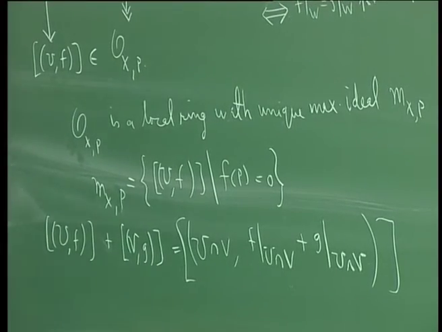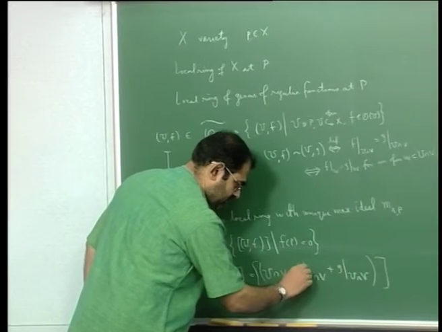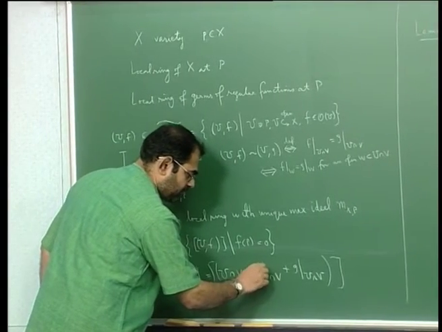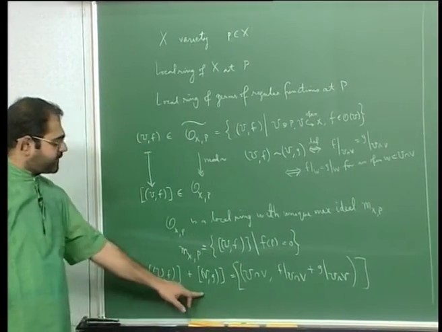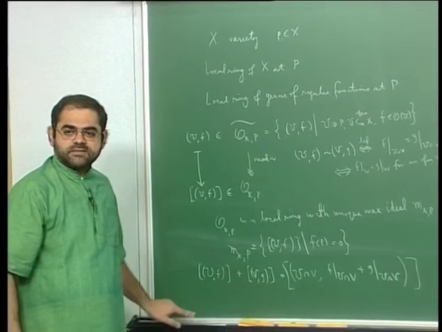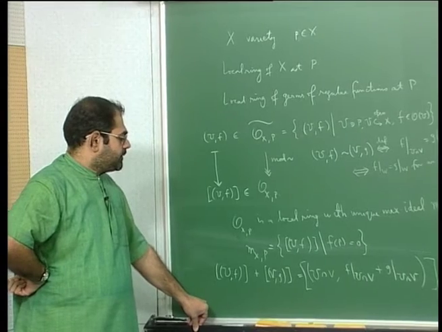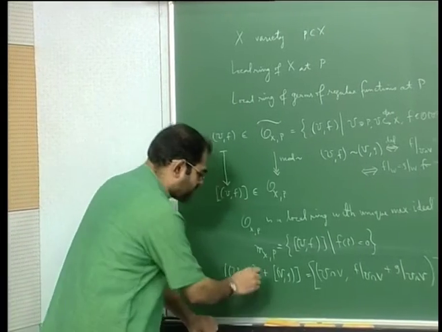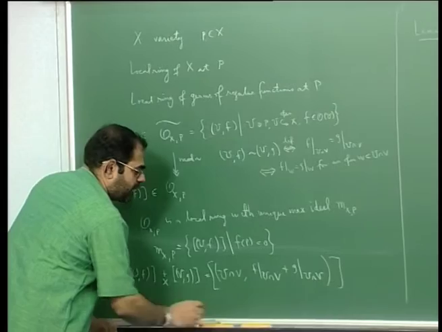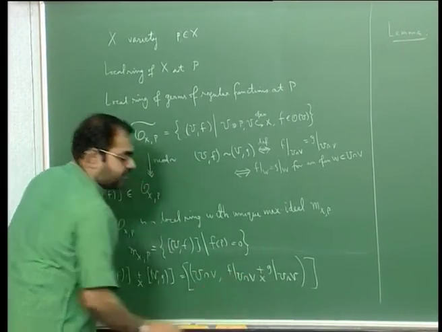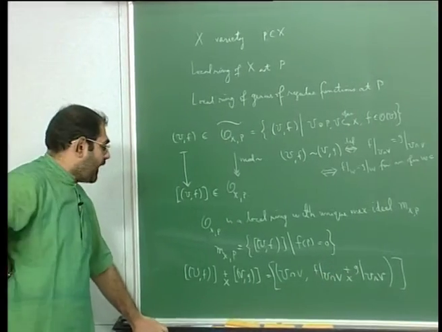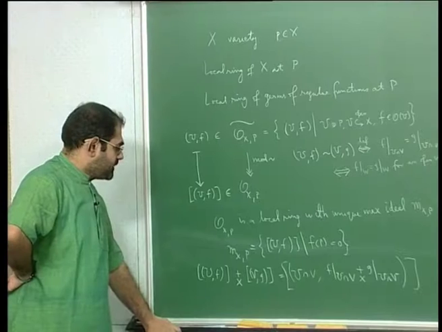I asked you to check that this addition, which is defined using representatives of equivalence classes, is well defined. It is pretty easy to see. Of course, instead of addition I could also put multiplication, and if it is multiplication I will have to put multiplication here, of course. And the 0 element is